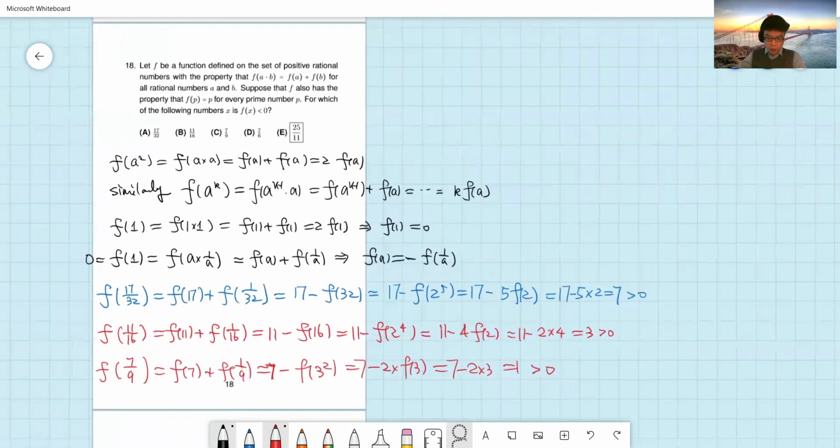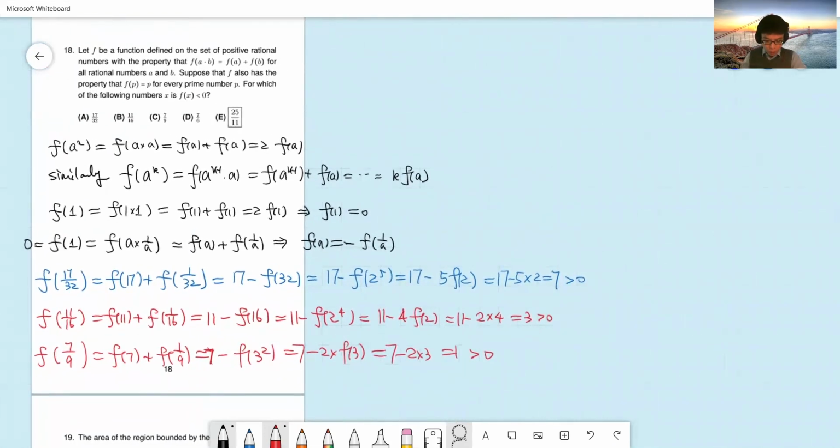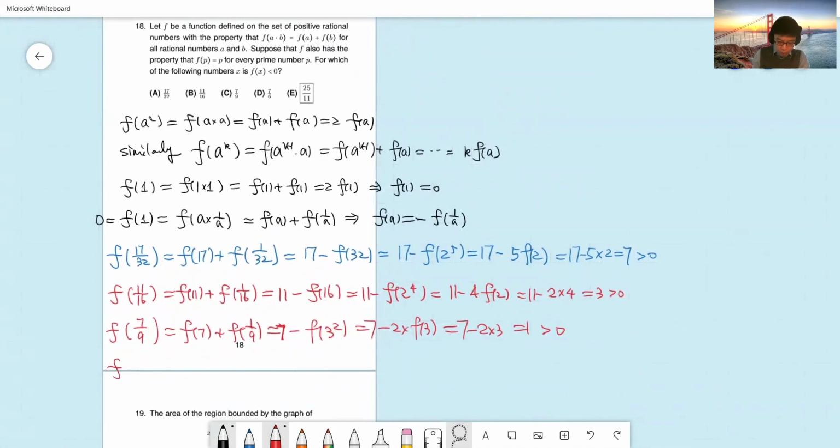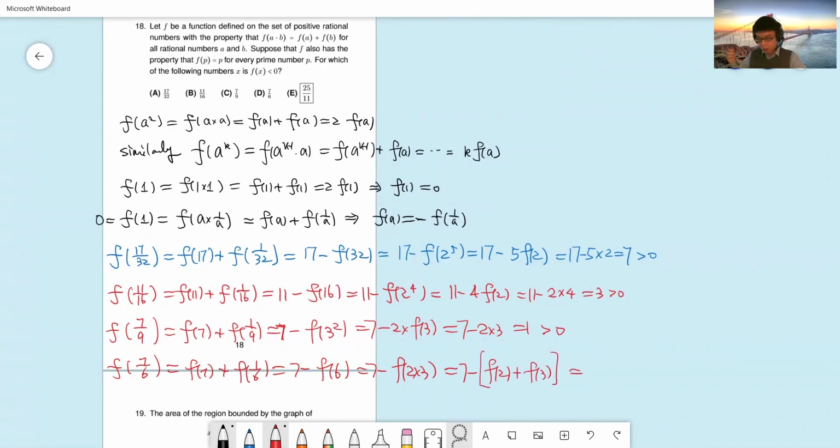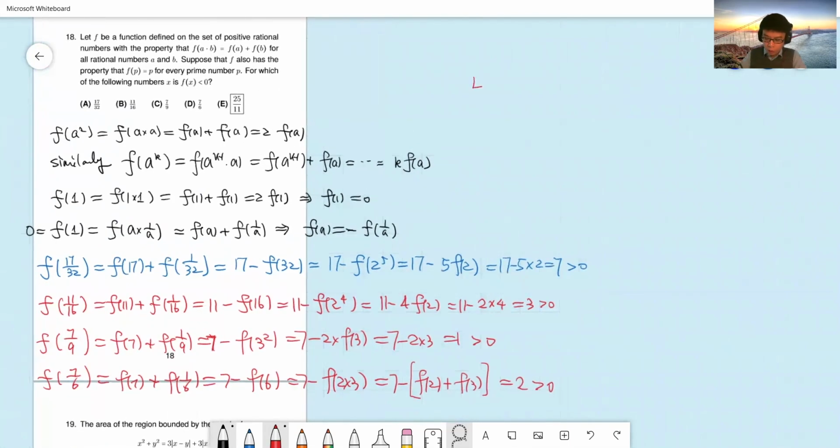And we can also check f(7 over 6). This equals f(7) plus f(1 over 6). This is 7 minus f(6). f(6) is f(2) plus f(3). 2 and 3 are prime numbers, so 7 minus f(2) minus f(3). That's 7 minus 2 and minus 3, so this is 2. This is positive. So the answer is E, and this is negative because, let's check here,